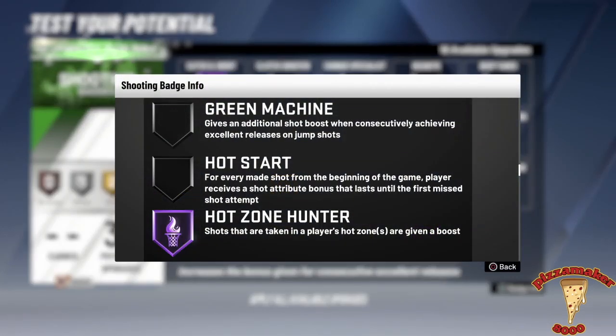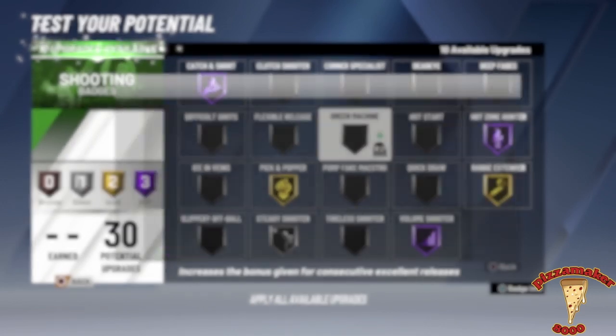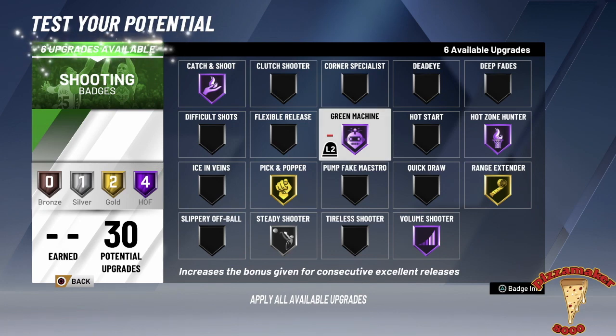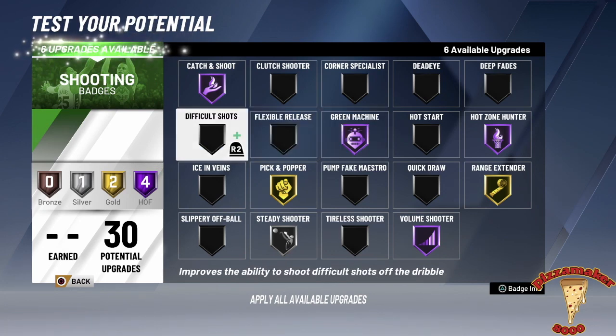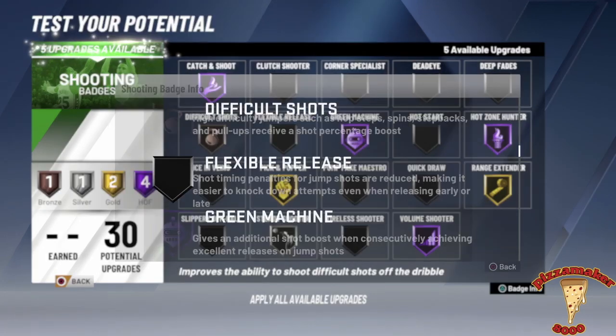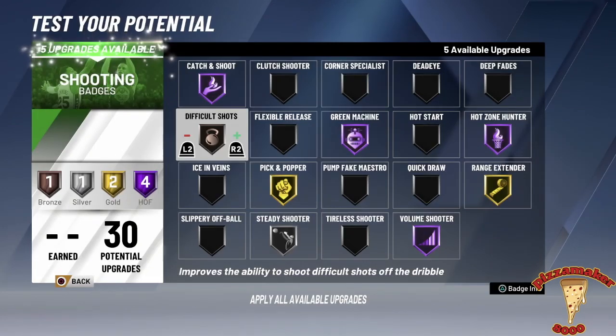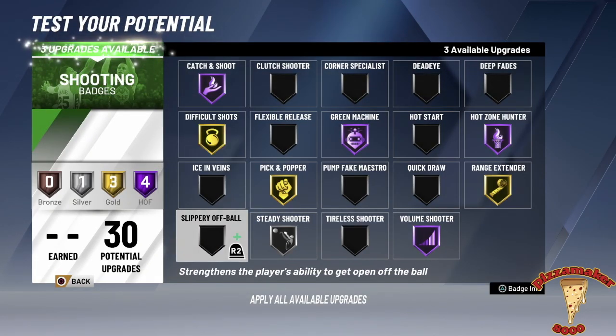Green Machine. Now this one gives an additional shot boost when consecutively achieving excellent releases on a jump shot. Excellent release is also green, if you guys don't know. Next, what we're going to upgrade for his badges are difficult shots, and I want to max this. High difficult jumpers such as hop steps, spin, step backs, and pullbacks receive a percentage boost. So we're going to make that gold, okay? Don't make it Hall of Fame because we still have 3 more upgrades,